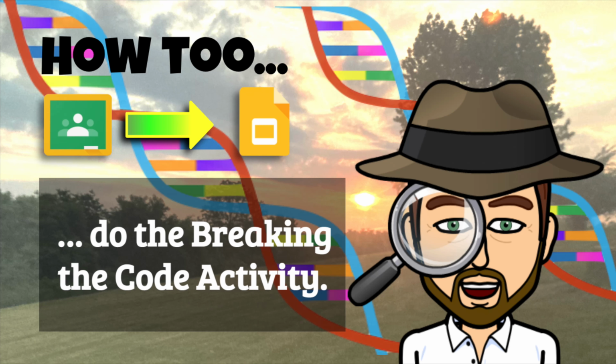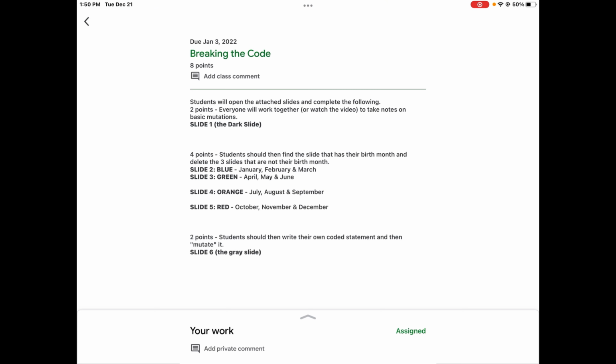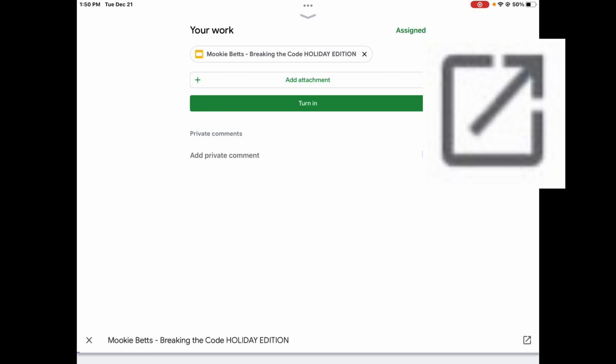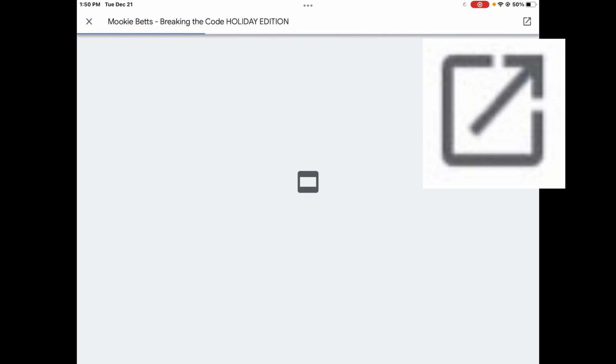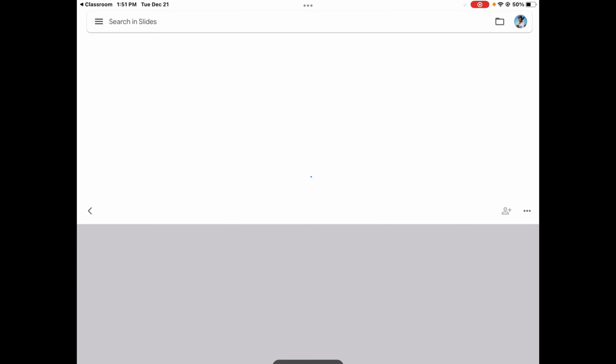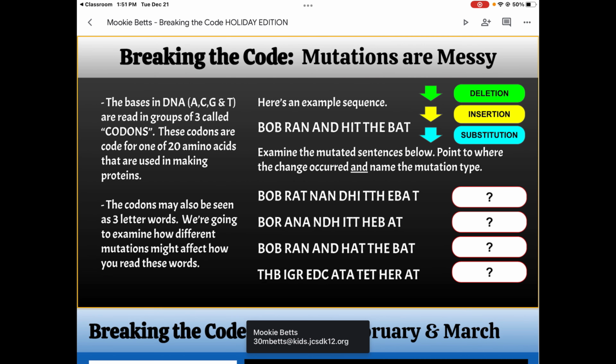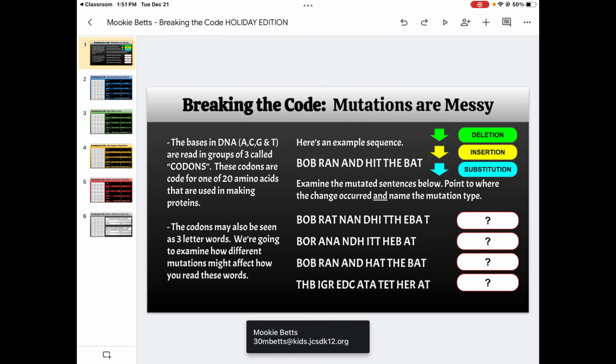Our new assignment, Breaking the Code, looks at the groups of DNA and how they're transformed from just bases, A's, T's, G's, and C's, adenines, guanines, cytosines, and such, into proteins. However, that's a little boring. So instead, we are going to translate the DNA. We're opening a slideshow and pressing the square arrow. We're going to translate the DNA into